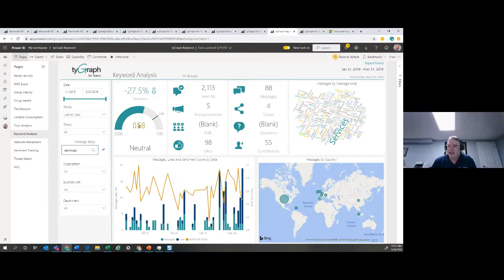But the idea here is taking a look at not only the use of that word, so we have the services word, as well as what's surrounding it, and the sentiment biorhythm. So first of all, when did this word enter our lexicon? Secondly, understanding geographically where the word is being used, and then third, doing sentiment analysis around this word to find out if it's really super positive or really super negative.